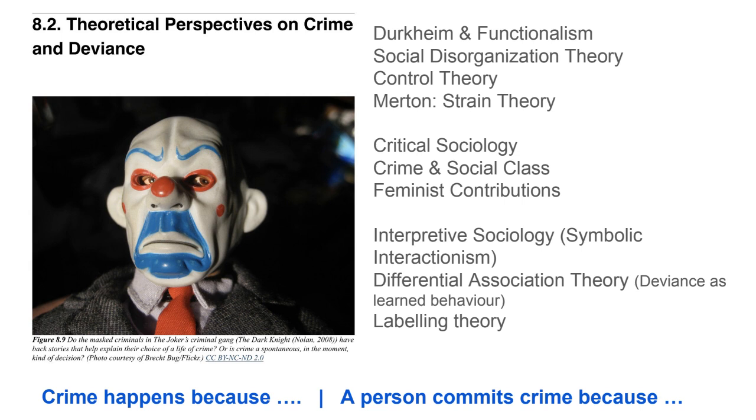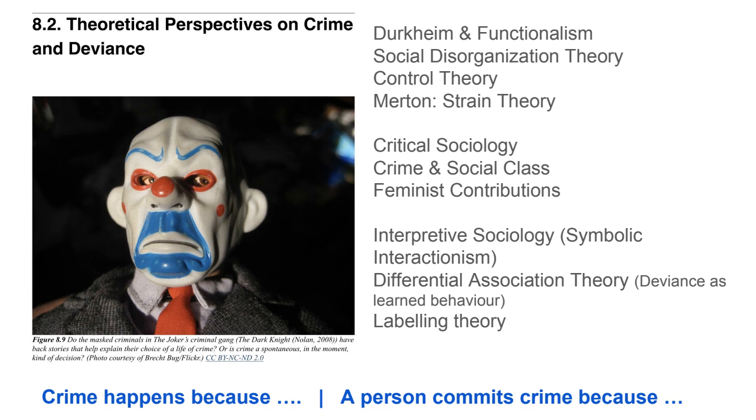And these are just explanations for why deviance and crime happens. And crime really is just a form of deviance, as we saw with our definition of what deviance is. Crime is deviant behavior that has been defined in law as wrong, and it comes with really formal and serious punishments, big fines or jail time. And so these theories, listed here on the screen, are some of the dominant explanations for why crime happens.